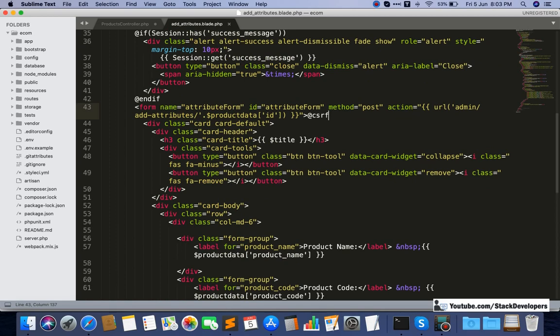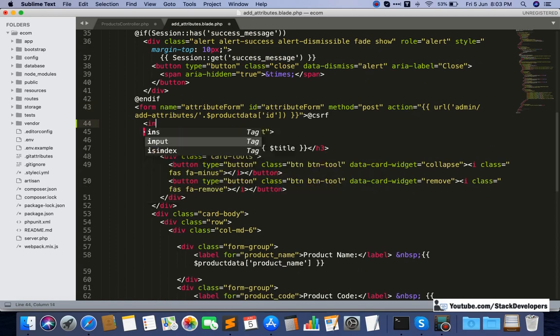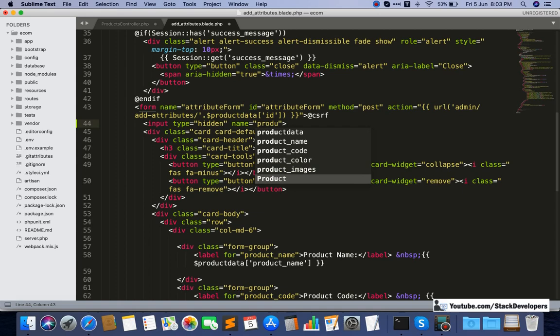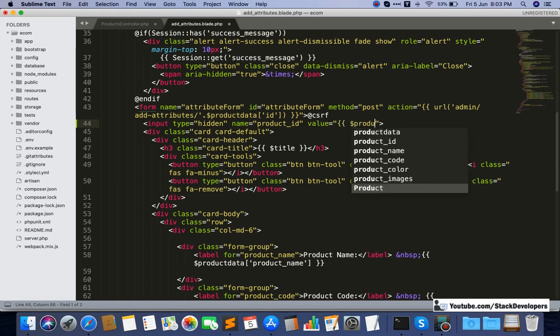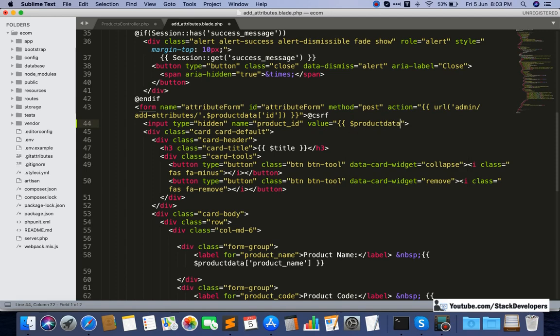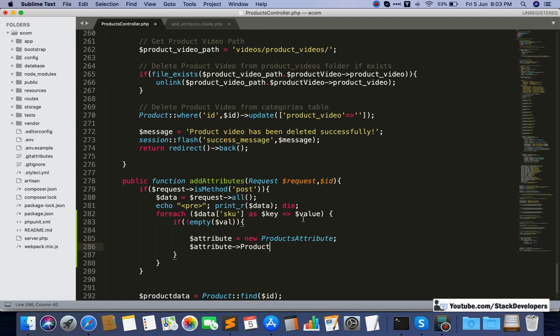So after the form I am going to add the product ID here as well: input type hidden, name is product_id, and for the value we can pass $productData id. I need to do that thing again, but I will do that shortly.